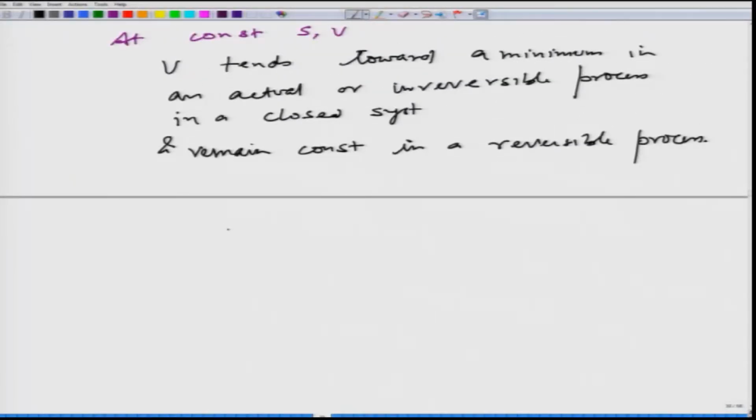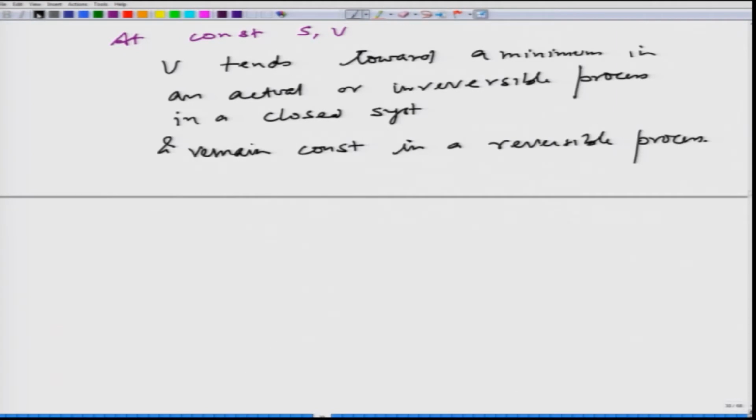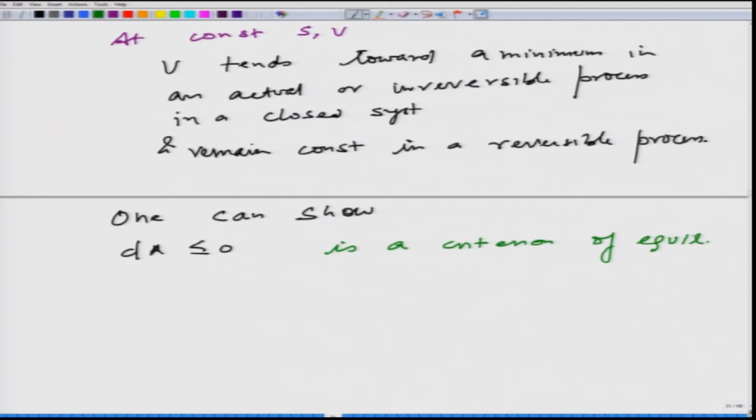Instead of deriving it, I will just make a statement here that similarly one can show that dA is less than or equal to 0 is a criterion of equilibrium of a system enclosed in a rigid container